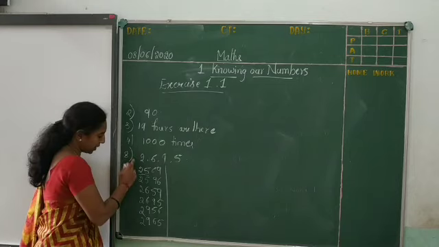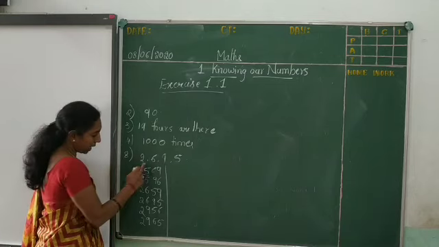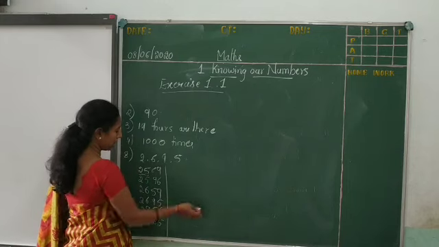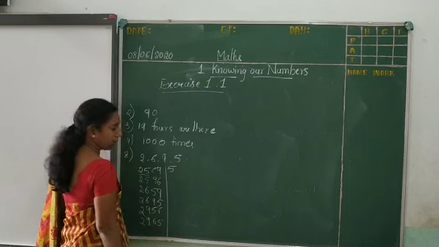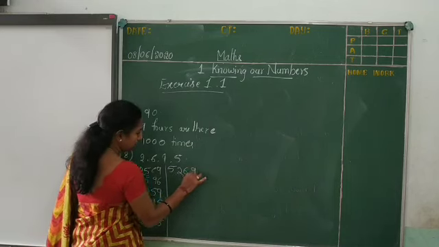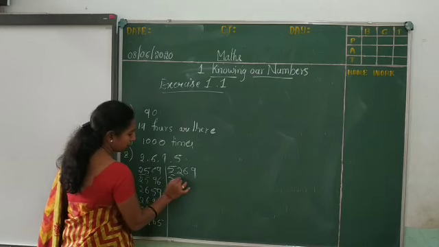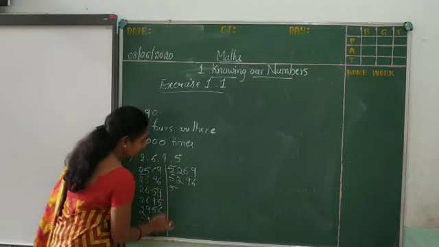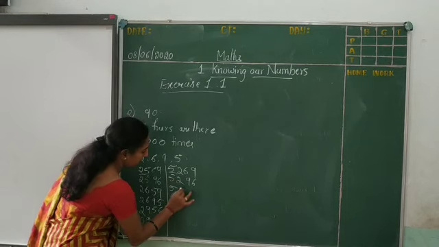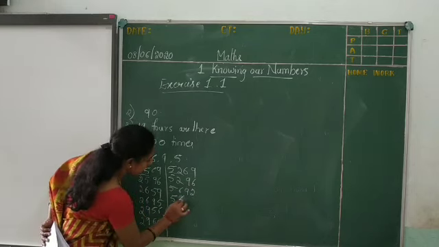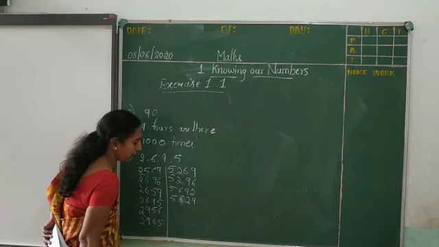Now what I will do? I will change the 1000 place now. Here I have written all the numbers. Next, in the 1000 place, in place of 2 I will take some other number, that is 5. Next I will take 2, 6, 9. Now I will fix these two: 2, 9, 6. Next, 5 is fixed here. Now instead of 2, some other numbers: 6, 9, 2, 5 and 9, 6, 2, 5.